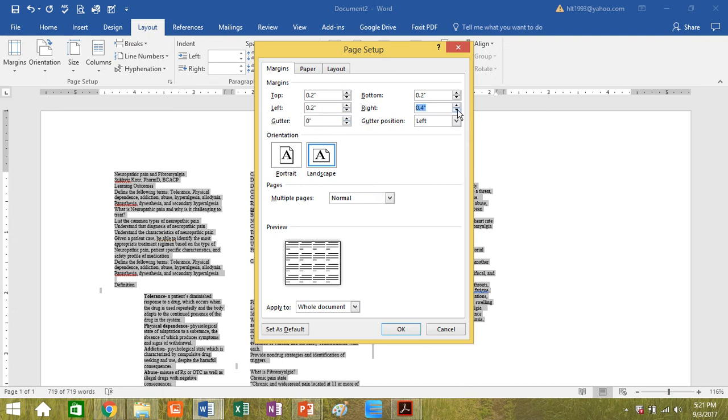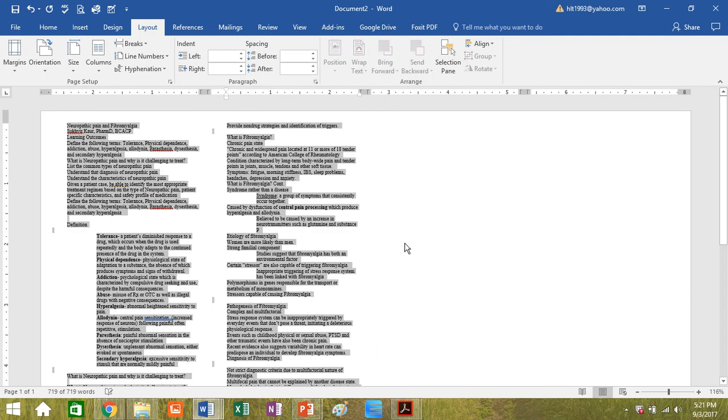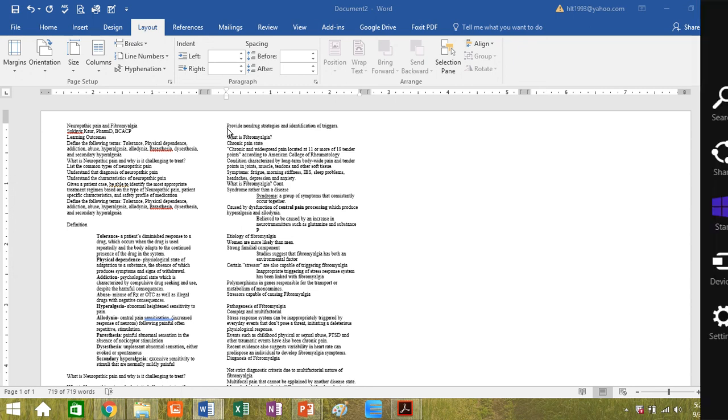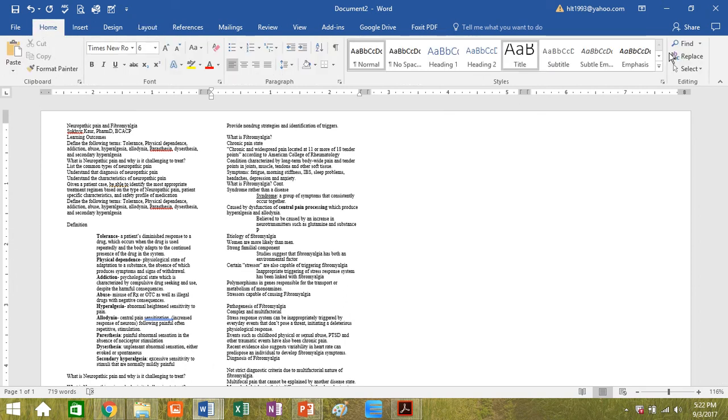But it's okay if you have GoodNotes, you know, just use your iPad with GoodNotes. So when I condense it, it'll pop up saying some margins are outside of the printable area. Just ignore that. You see 22 slides, and there are some more spaces in here. You can do them manually if you want, but typically what I do, I don't know if your computer has